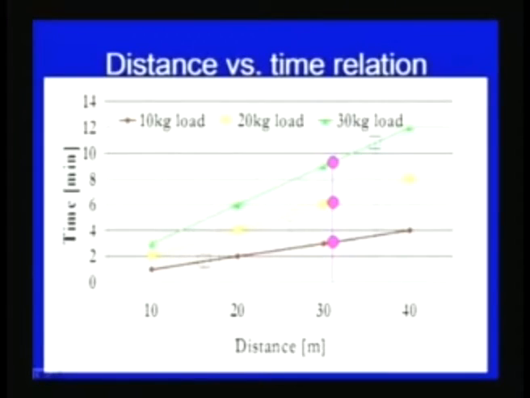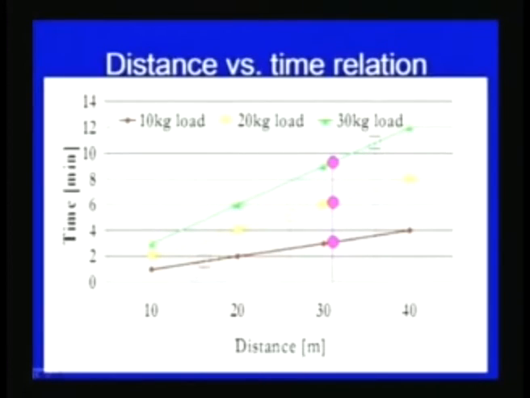line, while the person moving different distances with the 20 kg load can be seen with this middle line. Here in all these cases there is a straight line relationship, and it can also be seen that with the increase in the load the time required also increases, indicating increasing resistance to the movement with the increase in weight. The maximum slope is there with the 30 kg load, the person with the 30 kg load covering the different distances. So, here if we have to obtain the time for a person